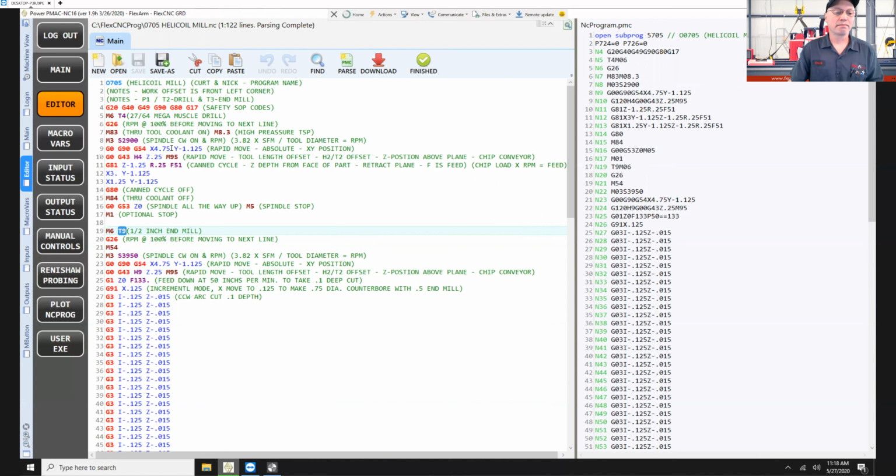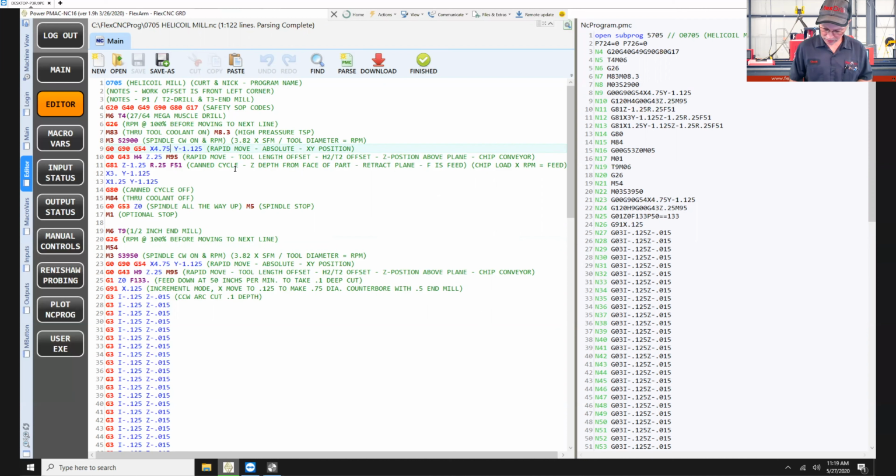Like if you're telling it to go feed Z-1 and you accidentally tell it to G0-1, that you can't help. It's pretty simple. It's just reading the code and doing what makes sense to it. But it does help you with